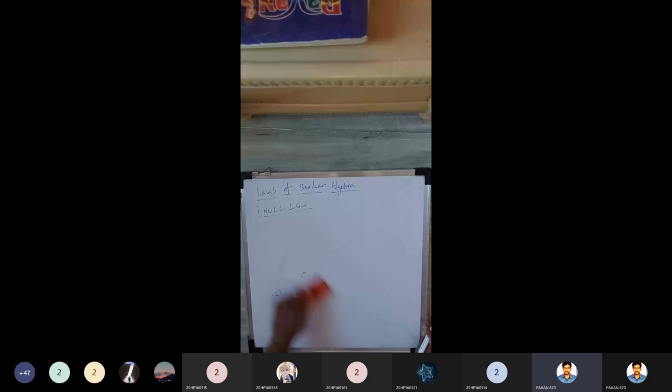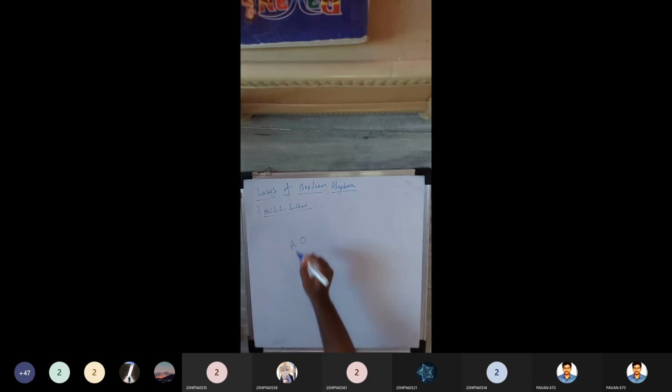This is regarding the null law. That means it is nullifying your answers. Whatever variables you are using are not getting propagated at the output. You have observed here, right? Even though A is ANDing with 0, you are getting a 0 only. A ORing with 1, you are getting 1 only, not your variable. Your variable is getting inhibited or blocked because of these operations. That's why this is the null law with respect to the AND version and OR version. Whatever input variables you use here, those are not getting reflected at the output side.